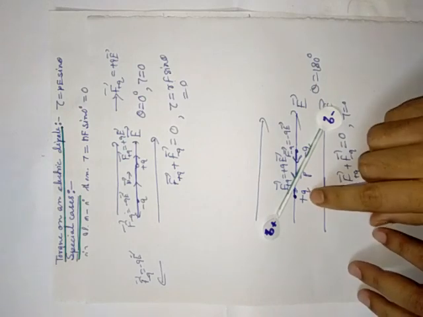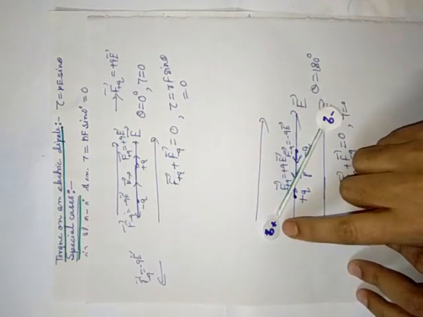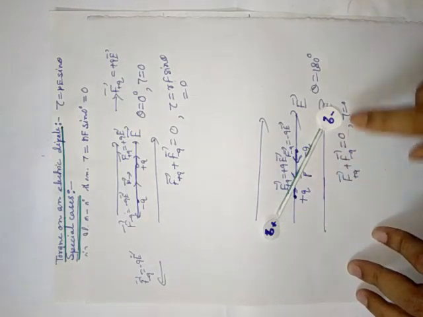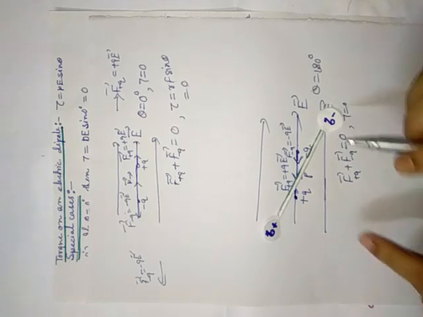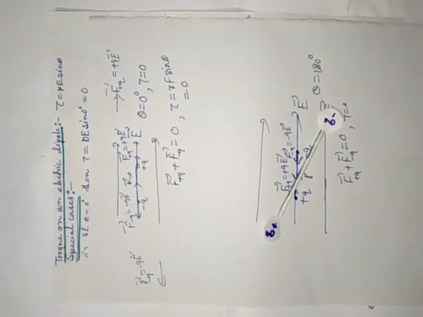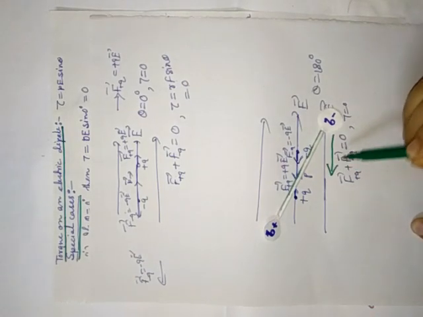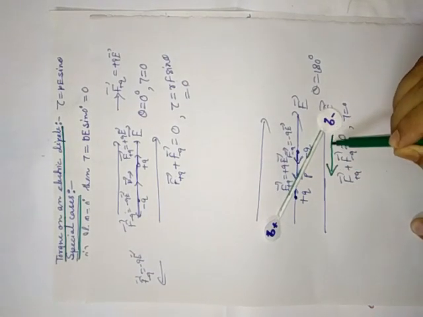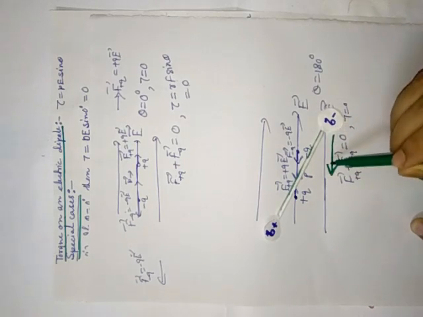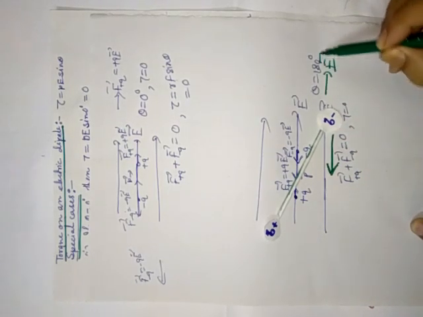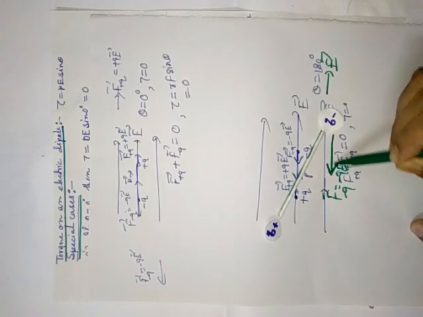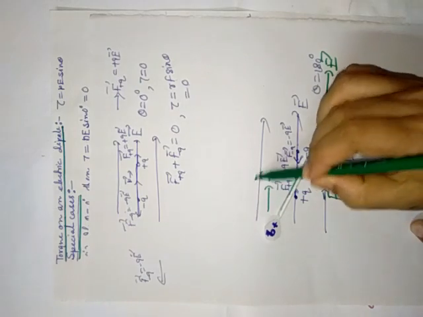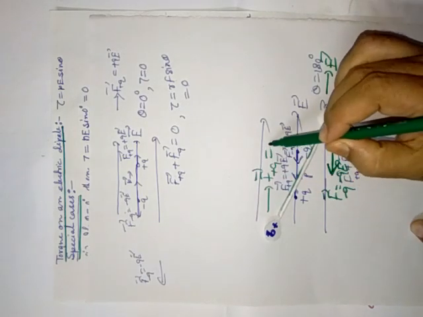Suppose this is the dipole. Earlier there was a negative charge here, but now it is a positive charge, and this is the negative charge, which earlier was the positive charge. Now the picture is different. This time see what will happen: there is a force along this direction. Why? This is a negative charge. A negative charge experiences force opposite to the direction of the electric field. The electric field is along this direction, force is along this direction, that means F minus q is equal to minus q into E vector. Again the plus q charge will experience force, F plus q is equal to plus q into E vector.